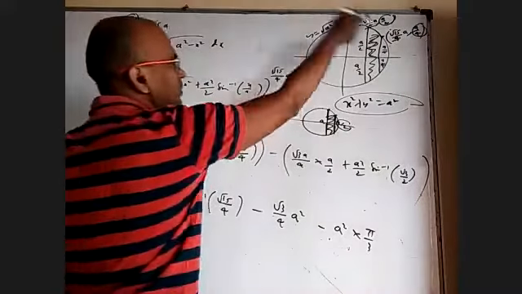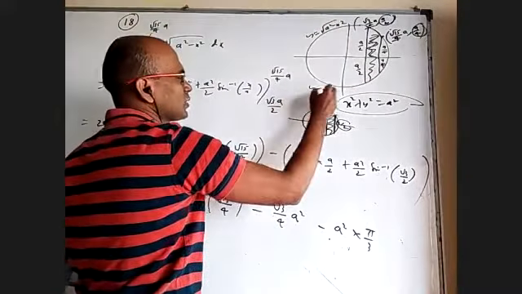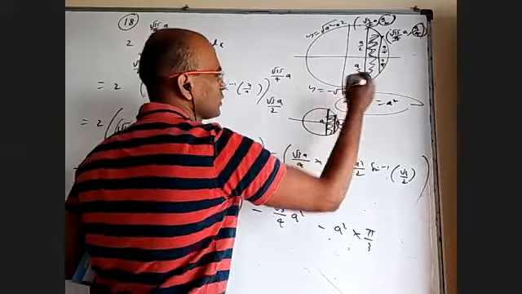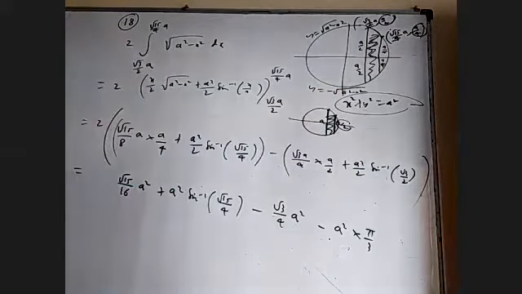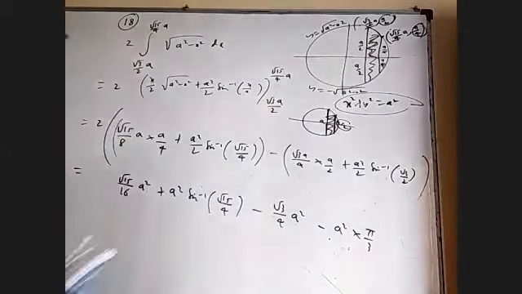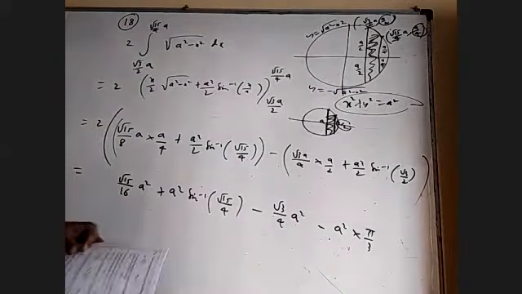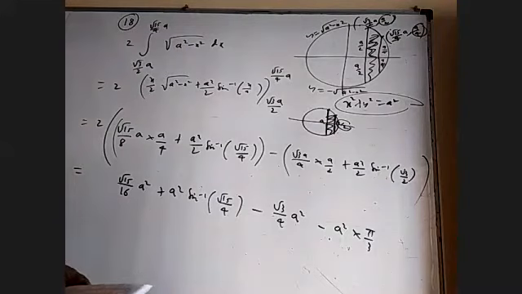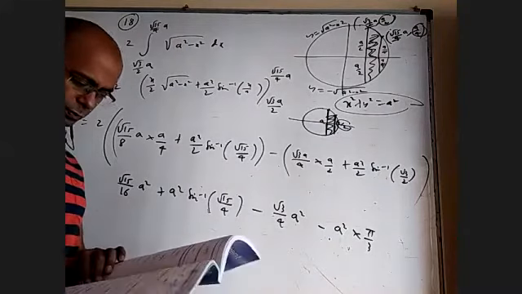Okay. Upper semicircle is y equal to root a square minus x square, y equal to minus root a square minus x square is the lower semicircle equation. I found only the area under the upper semicircle and doubled it. Okay. Up to 24, even numbers. Okay, somebody asking 22.